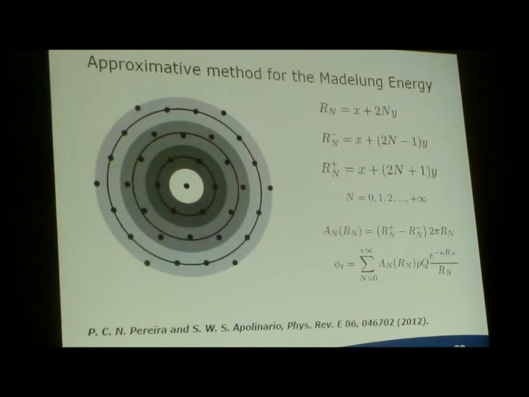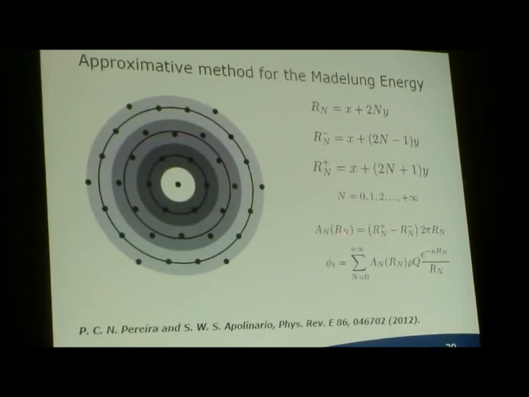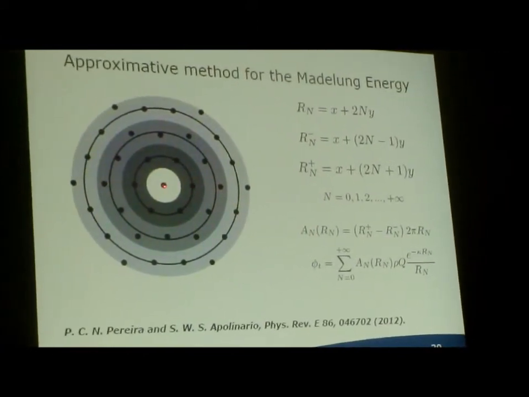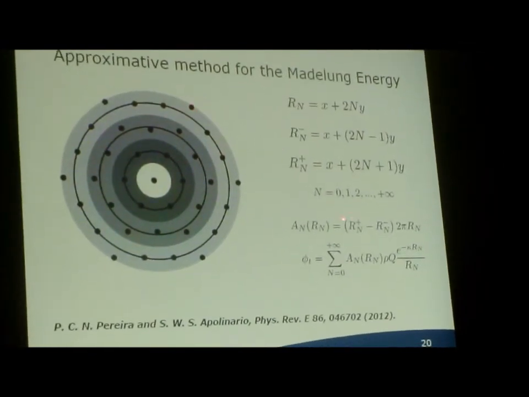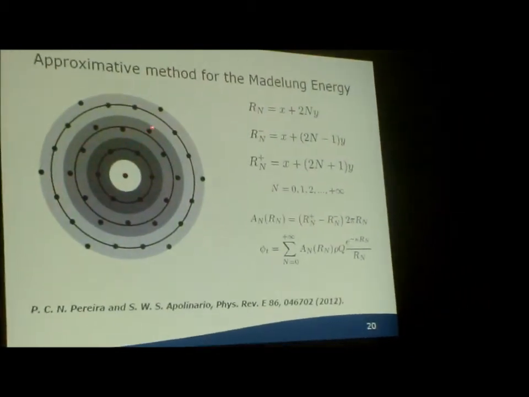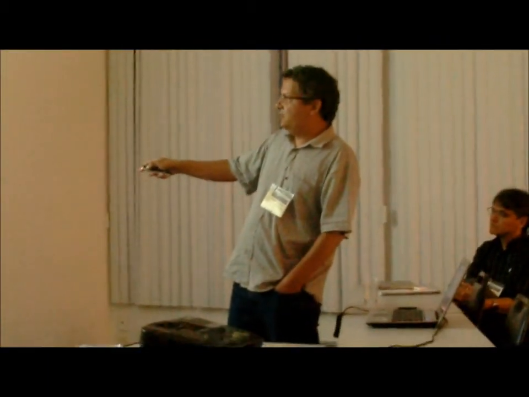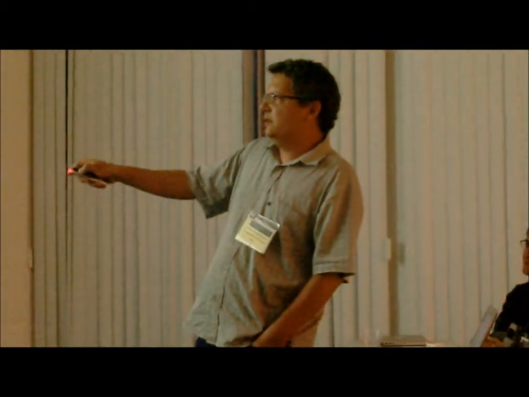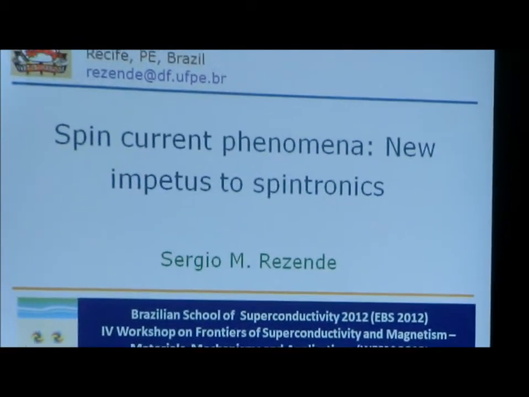So the area of one annulus is given by this expression here. Suppose that n is this one. You have the maximum radius, that's Rn, plus the lowest order, that's Rn minus, and you have this number here, that's just the perimeter of these radii. So if I sum up all those things and multiply by the